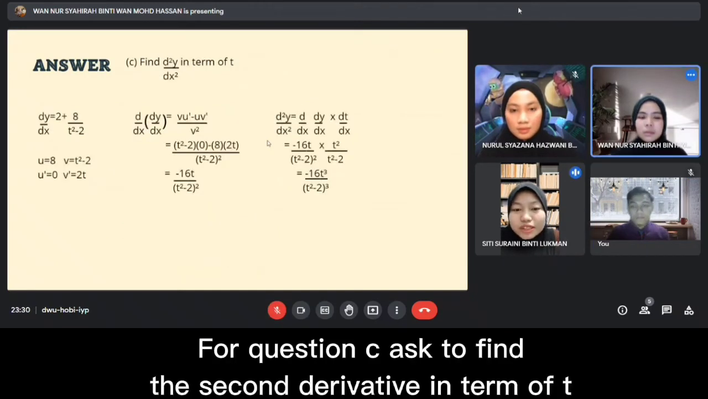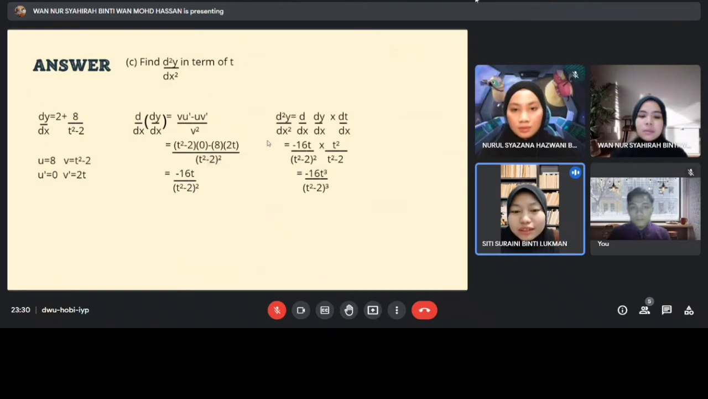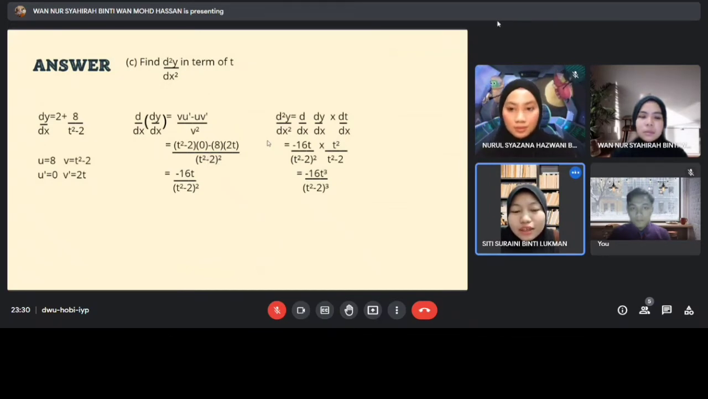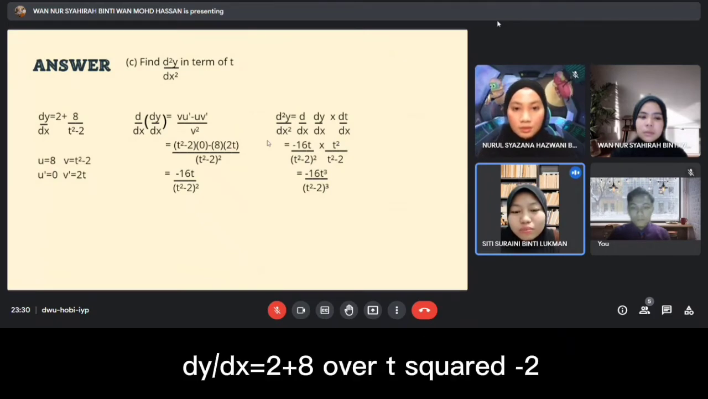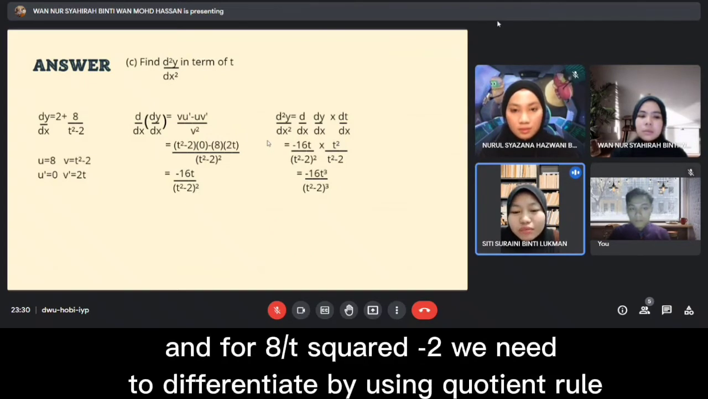For question C, we are asked to find the second derivative in terms of t. For parametric equations, to find the second derivative, the formula is d over dx of dy over dx, multiplied with dt over dx. So, first, we need to differentiate the dy over dx again. dy over dx is equal to 2 plus 8 over t squared minus 2. We differentiate 2, we will get 0. And for 8 over t squared minus 2, we need to